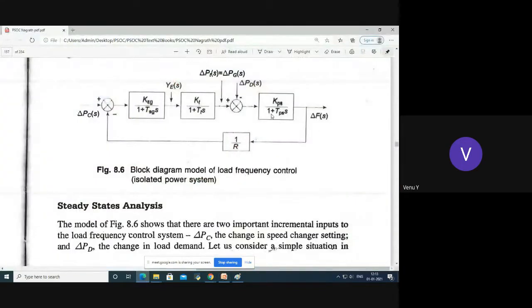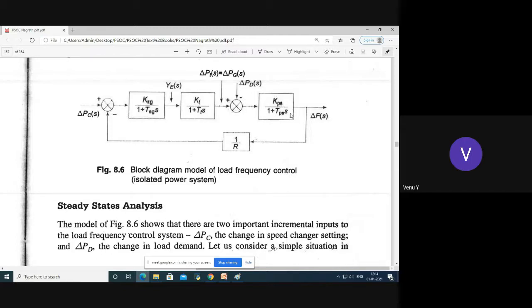The same thing, let us follow this notation. This is Nagrath Kothari notation. You can follow one textbook or any notation you can practice on your own, but follow only one notation. Even in the examination, if they give different notation, you have to recognize that and try to solve the problems and derivations. So here, in this textbook, this is the power system model, a generator load model, KPS